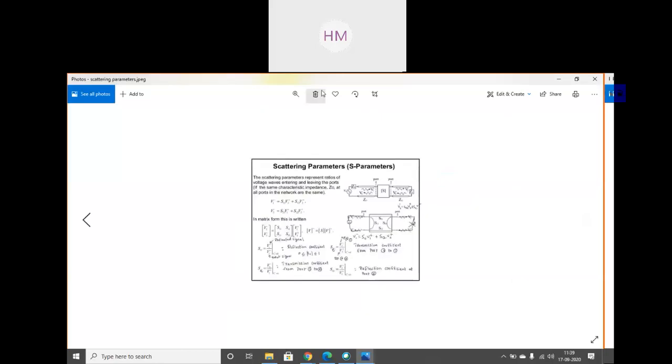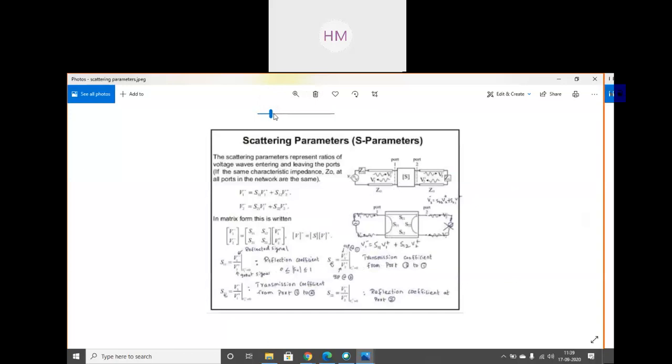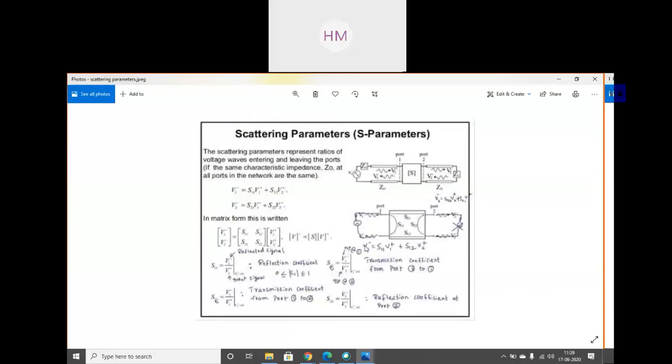And now the scattering parameters. See, these are the scattering parameters. S11 is the reflection coefficient. S21 is a transmission coefficient, S22 is a reflection coefficient at port 2. S21 is the transmission coefficient from port 1 to port 2.